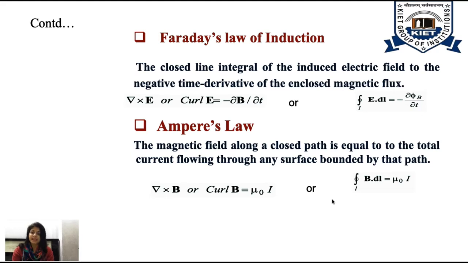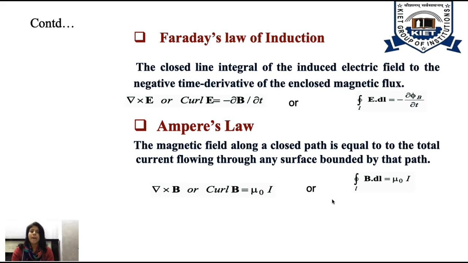Then when phi b changes with time, change in magnetic flux with time produces electric field or electromotive force. Then Faraday's laws of induction, line integral of E dot dl, which shows electromotive force, should be equal to minus del phi b by del t. Fourth law is